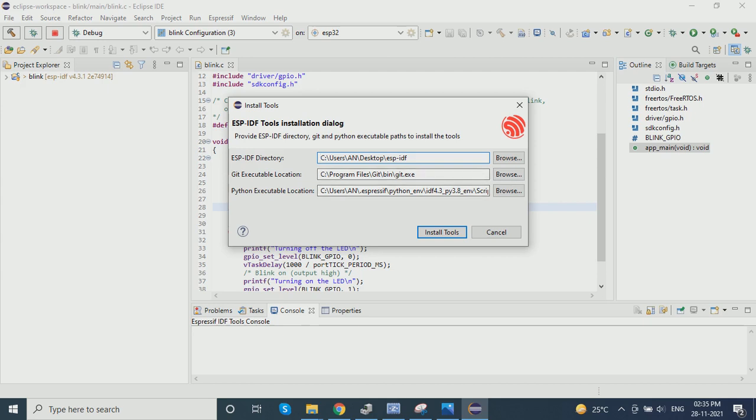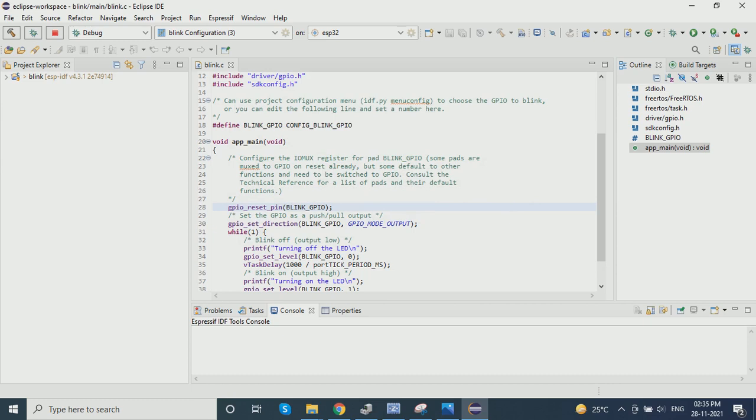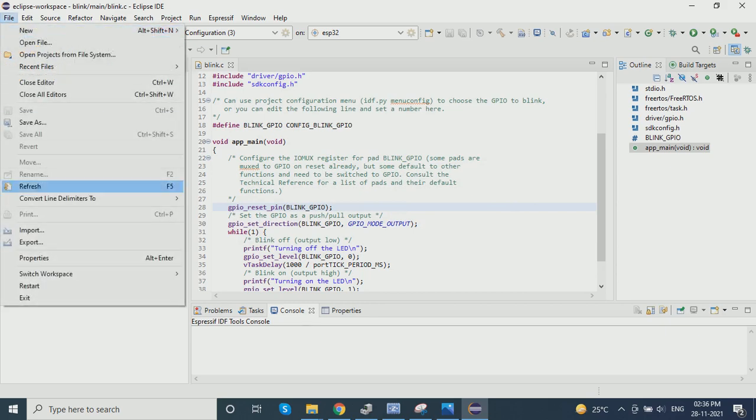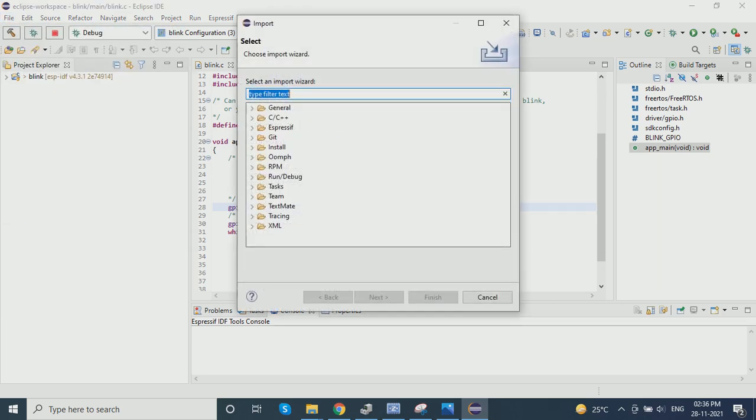Most probably you have to only give the path for Git, because these two it will already capture. Once this installation completes, you will get this kind of interface. And first of all, you need to import a sample project.